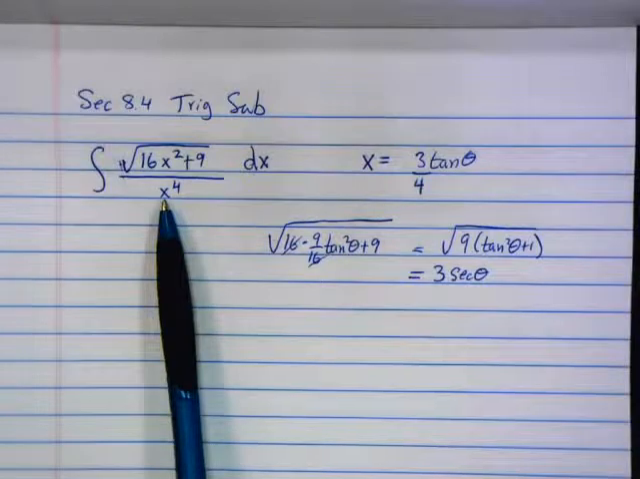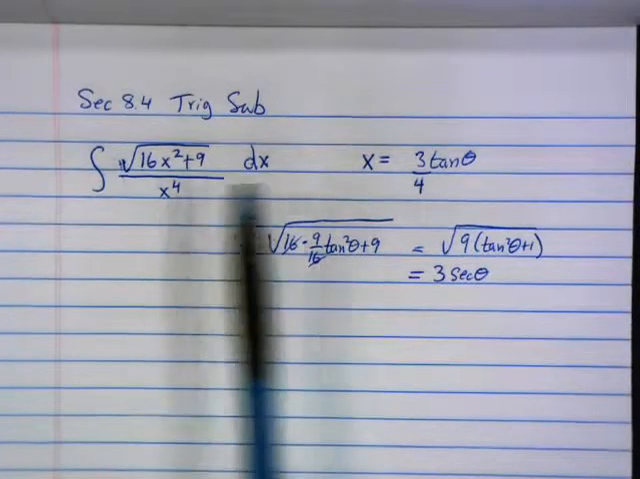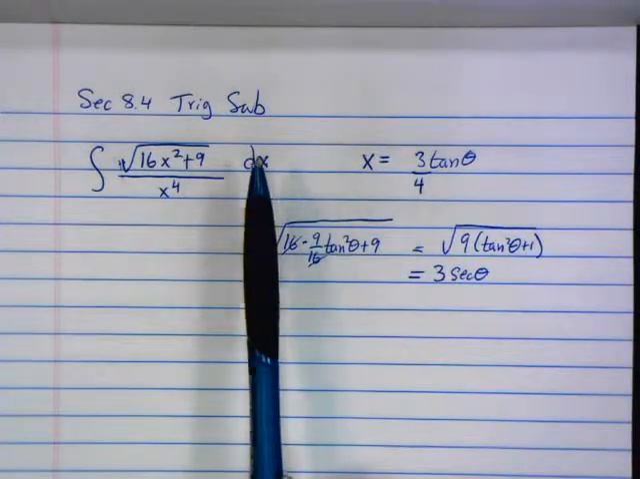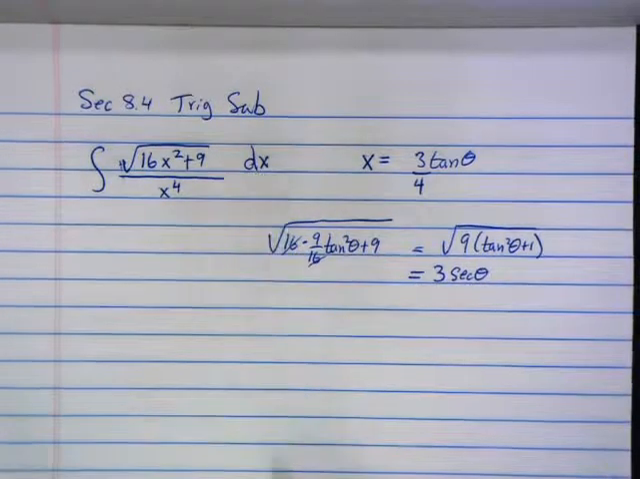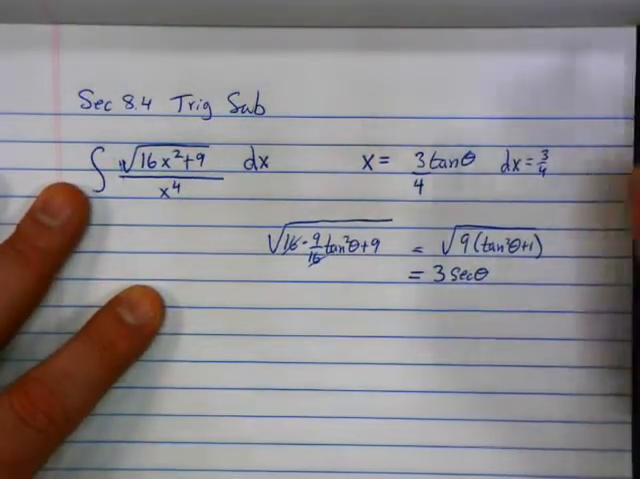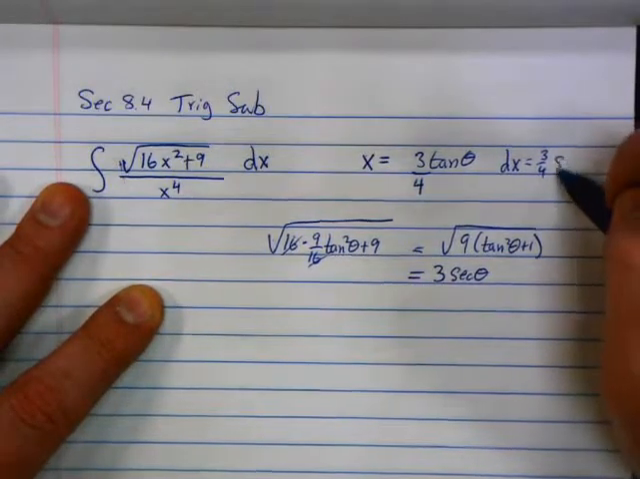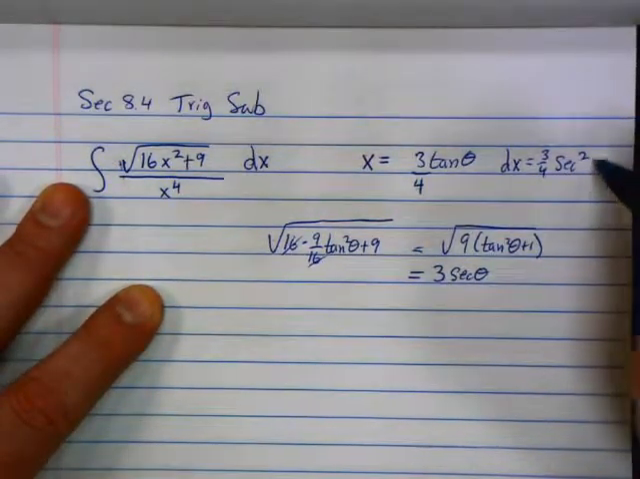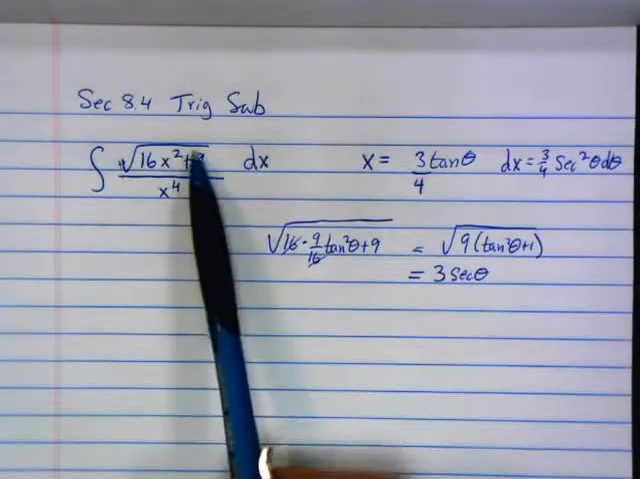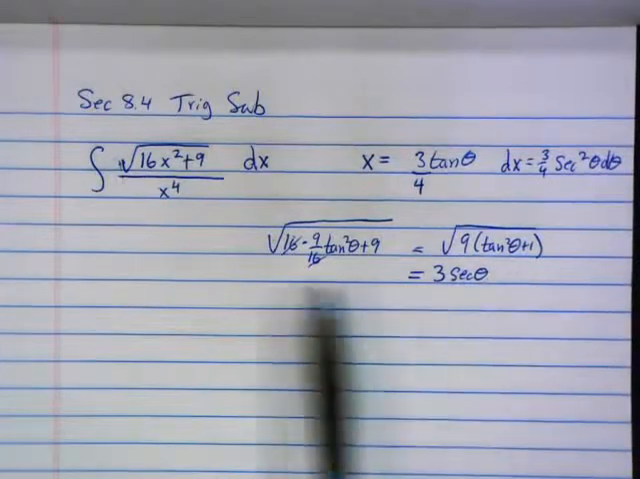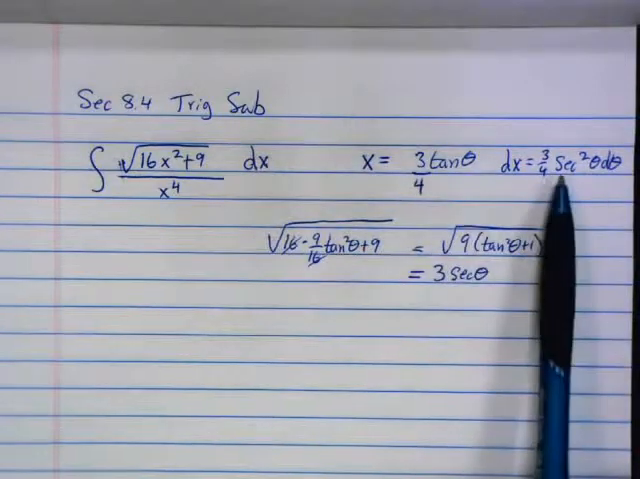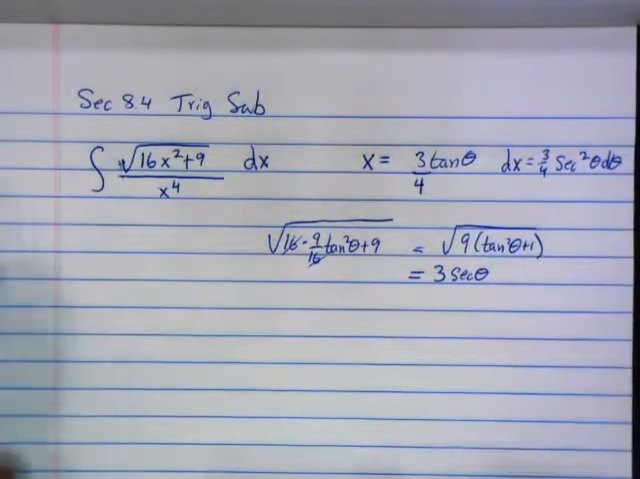What are we going to do about this x to the 4th here? So x is 3/4 tan theta. And what are we going to do about that dx right there? Take the derivative. So dx is 3/4 times the derivative of tangent, which is secant squared theta d theta. So there's all of our substitutions. This ugly square root is going to be 3 secant theta. X to the 4th, we'll plug in 3/4 tangent theta. And dx, we will plug in 3/4 secant squared theta d theta. So we end up with